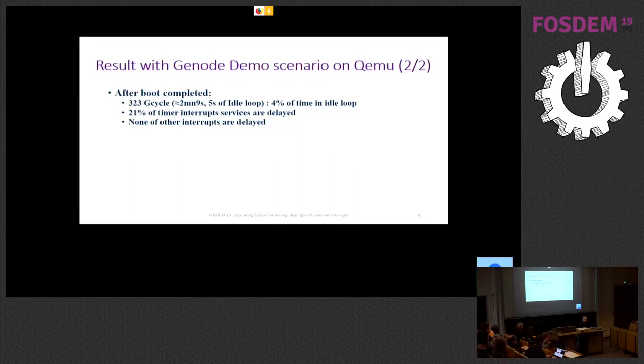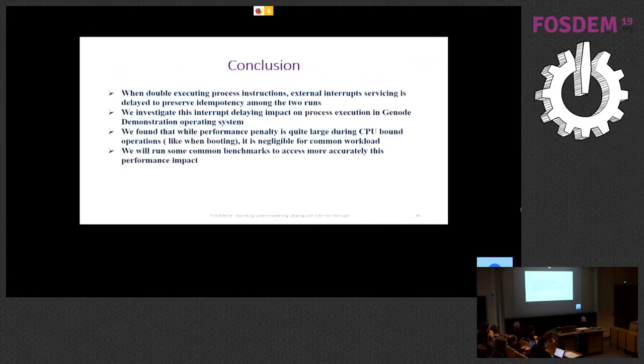So this is quite optimistic about performance with dual execution of the processing element, because the current implementation is largely improvable, and the system after booting phase completed. So, in conclusion, we may say that when executing redundantly a sequence of instructions of a piece of software,